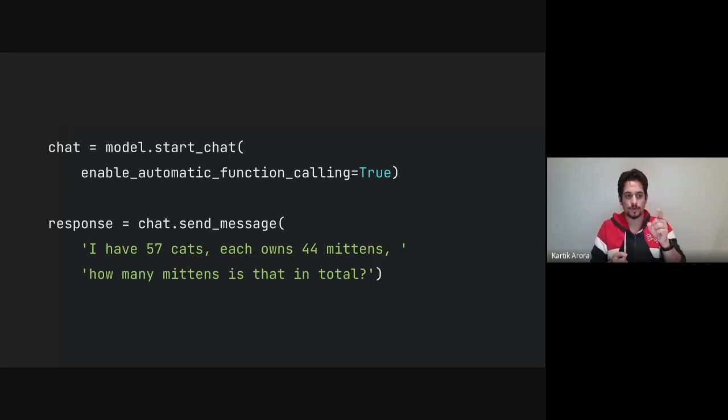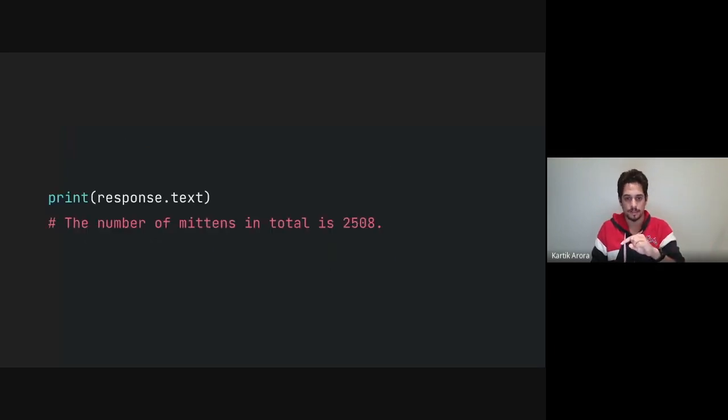But because we've provided a tool, the model will prefer using that because that's your truth now, and then get the result back. Once all of this executes, we get this result. The number of mittens in total is 2508. Now the 2508 part is what our function returned. The rest of the text is generated by Gemini.